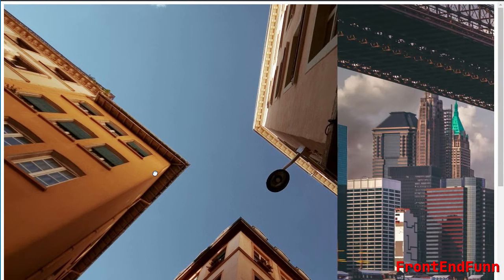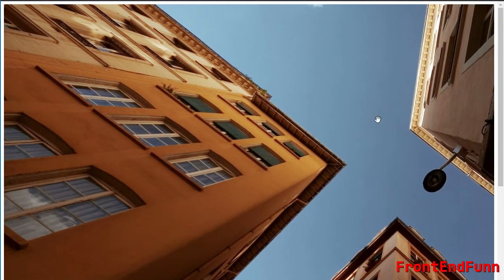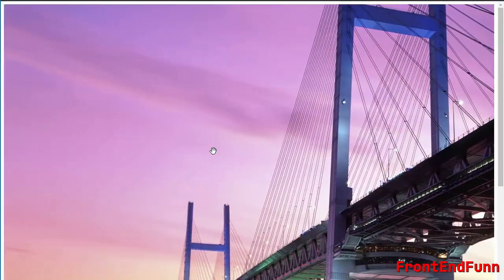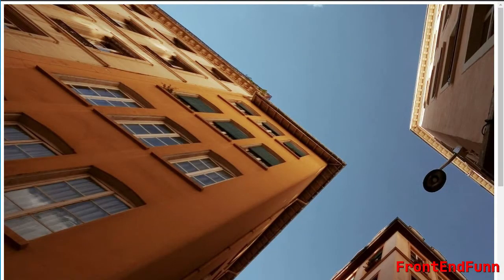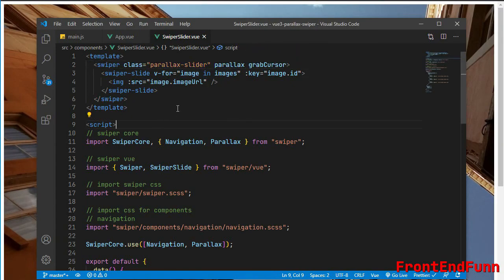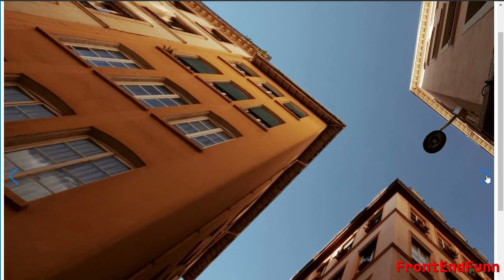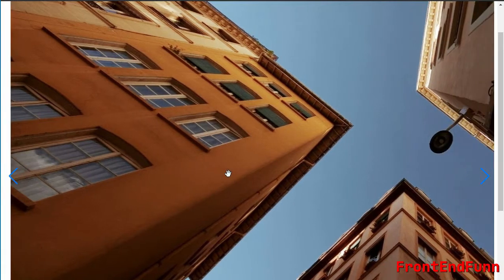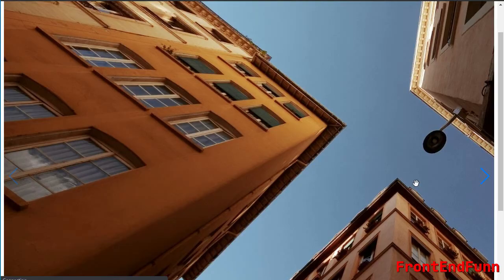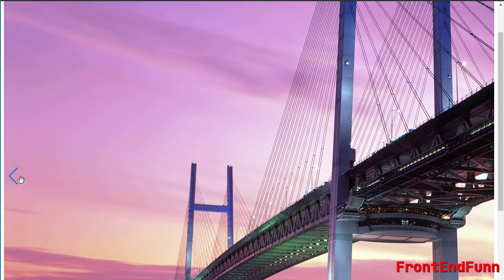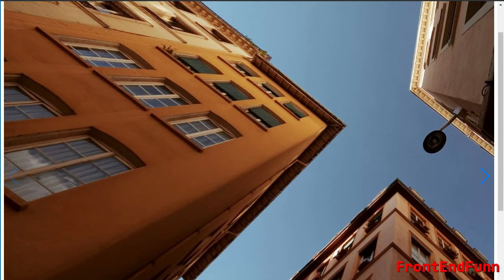Let me refresh, and as you can see the pointer is changed to a hand cursor. And since we want the navigation, we can just add a navigation prop here for the left and right navigation arrows. Let me refresh.